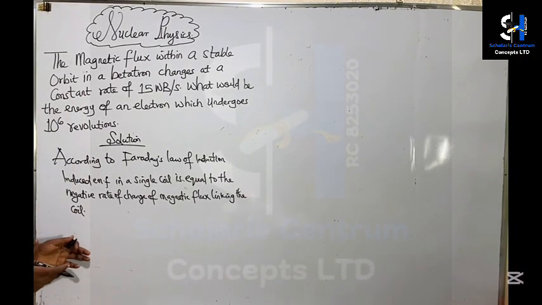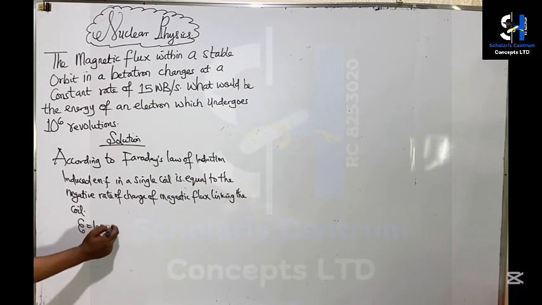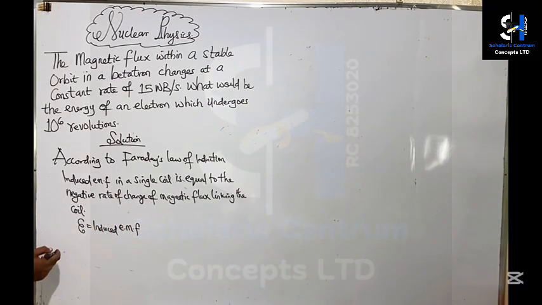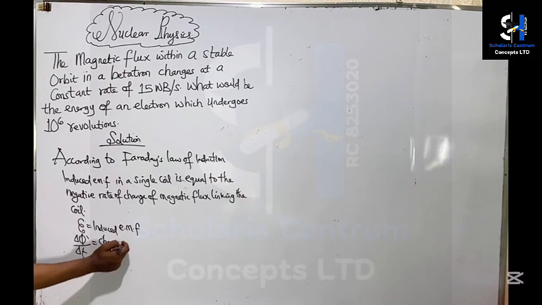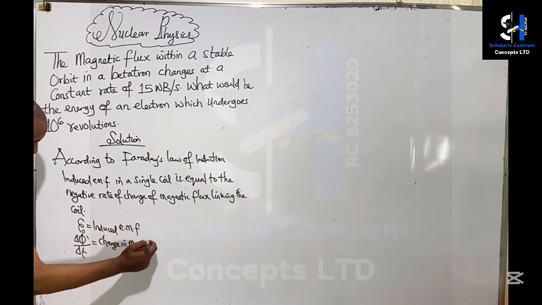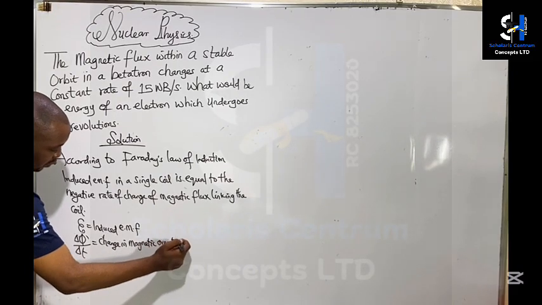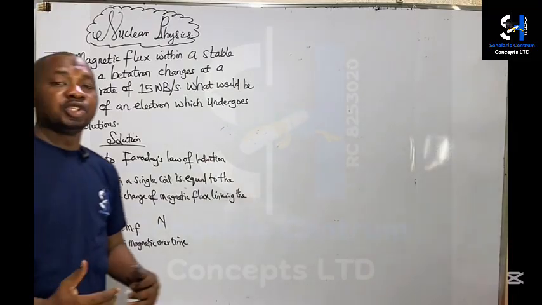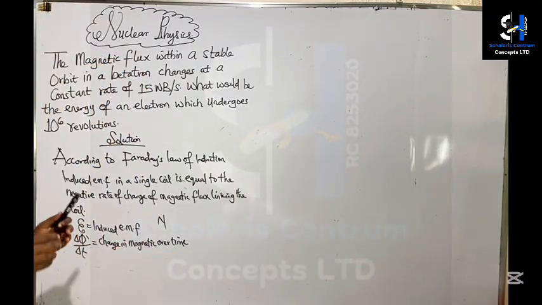Now we can express this mathematically as follows. We have the induced EMF, then we have the change in magnetic flux with respect to time. This is the flux change, that is change in magnetic flux over time. So in this case, since we have the EMF induced in a single coil,